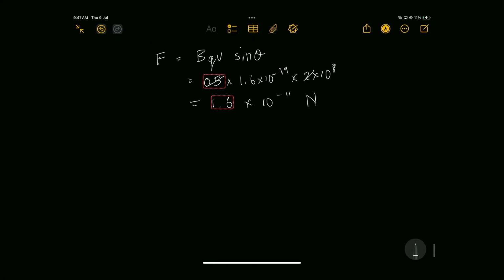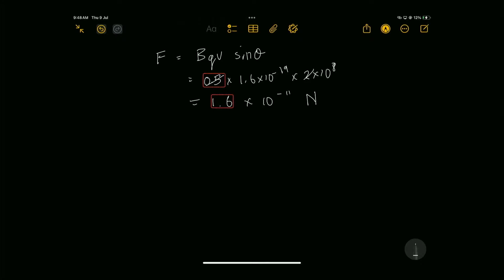So we know that this magnetic force acts perpendicular to the direction of motion of the electron. So because it acts perpendicular to the direction of motion of the electron, it acts like a centripetal force,